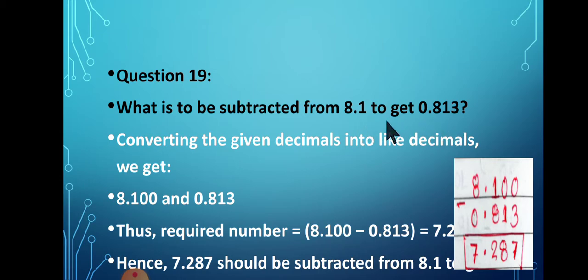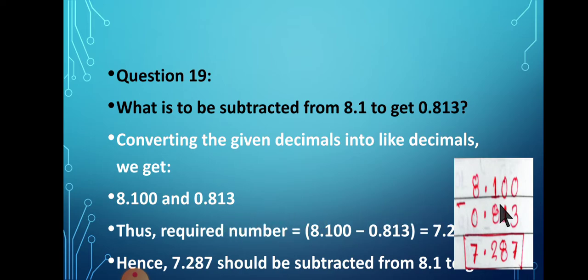In this question also, first of all we will convert both numbers into like decimal form. Because in the second number you can see there are 3 digits after the decimal, that's why we will insert after the decimal 2 zeros. So now our like decimals form of the given numbers is 8.100 and